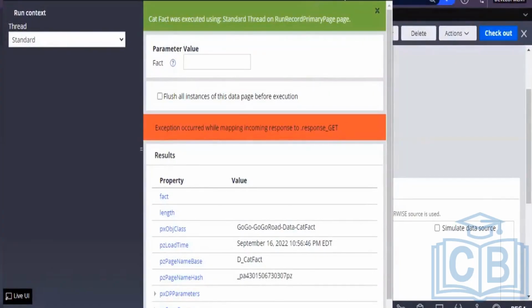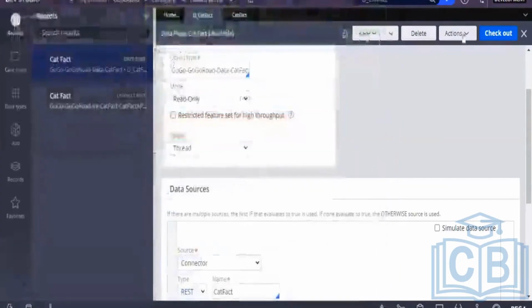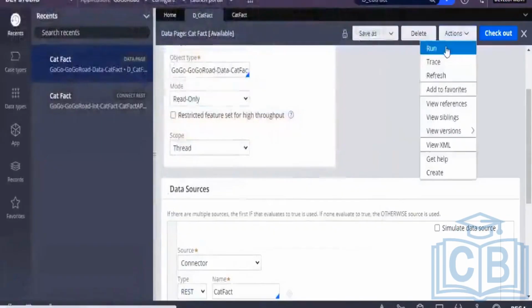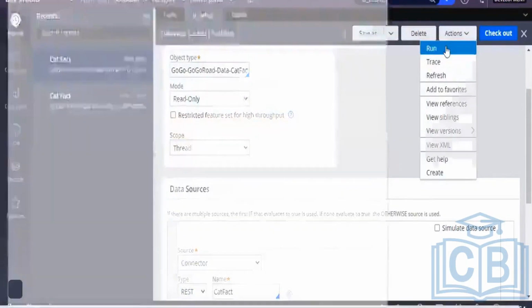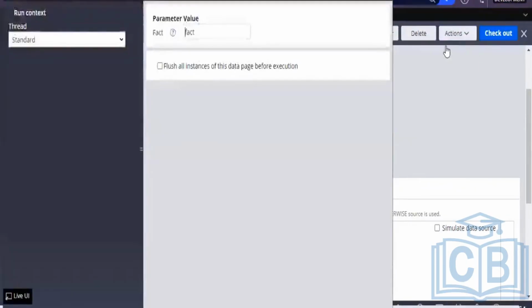Or just close and open the run window again. Close this window. Open again. Actions and run. You click on run directly. Now before clicking on run, you just select that flush. Keep that fact like that only, and select that flush.